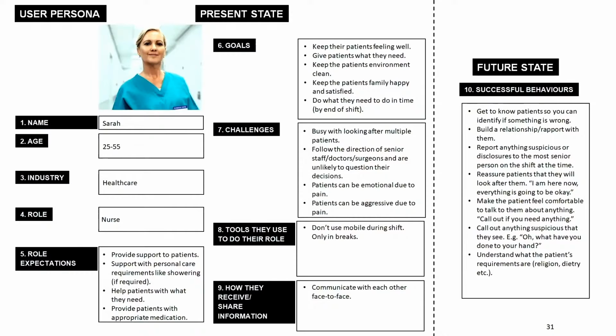Here's an example we've prepared earlier for the scenario we're working through. Grab your phones out there and take a photo and adapt it for yourselves. It's also available in the app for you to download. But there are heaps and heaps of versions on the internet. For example, HubSpot has a great interactive one to get you started. If you Google HubSpot Make My Persona, the link will be dropped into the comments for you now.